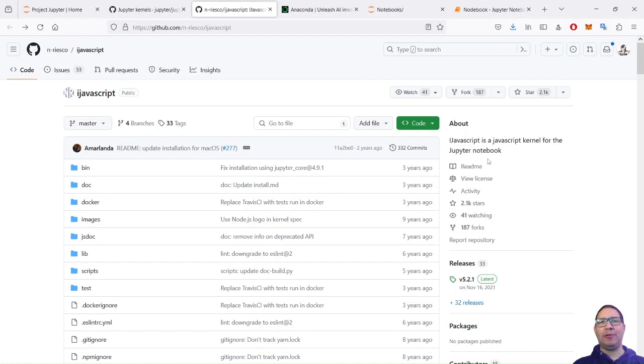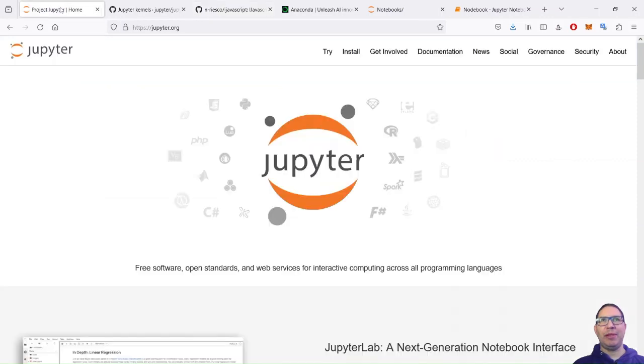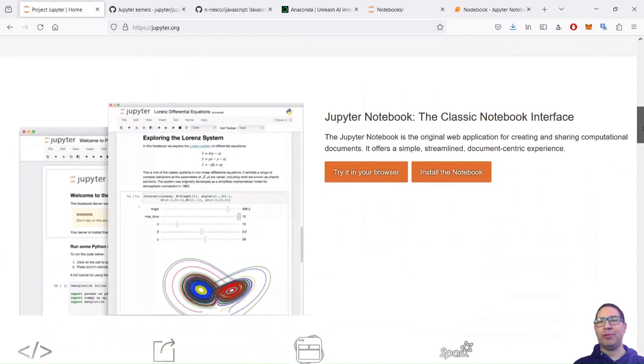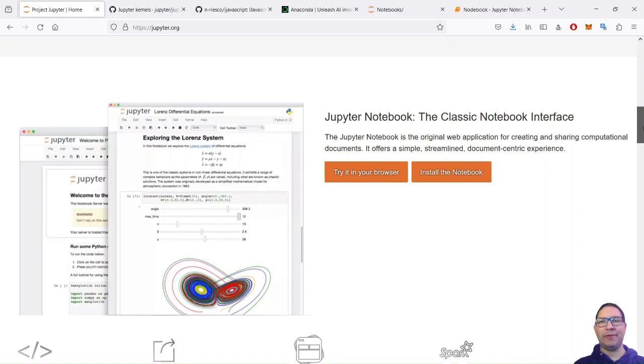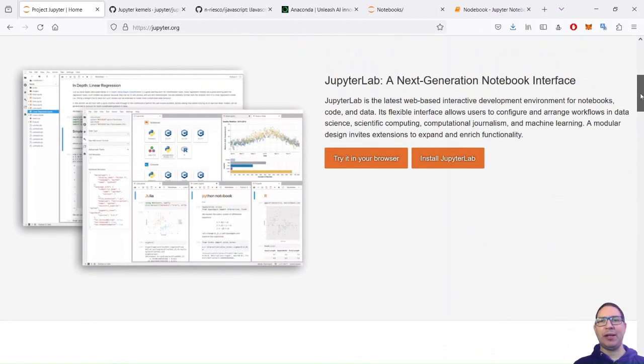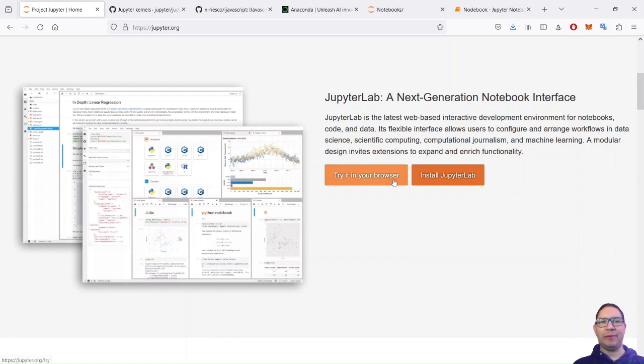But before using Jupyter, we first have to install it, and we need a Python distribution because it's a Python-based tool. Just before, maybe a few words on Jupyter. It comes in two versions. There is the original version that I will use for the demo, called Jupyter Notebook. It's the classical one with a single interface. And then there is a more elaborate one that looks more like an IDE now, with the multiple tab ability to browse different notebooks at the same time and to have several windows, and also be able to browse within the organization of the folders.